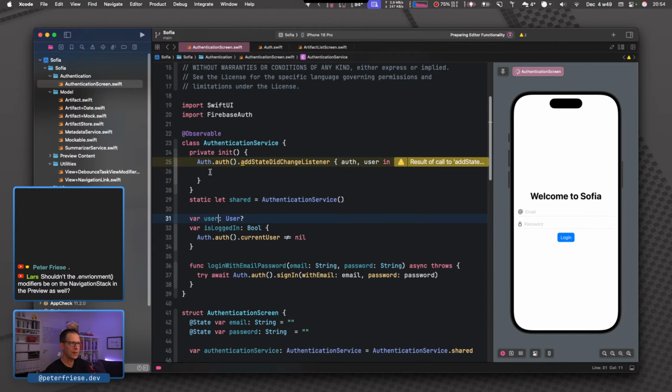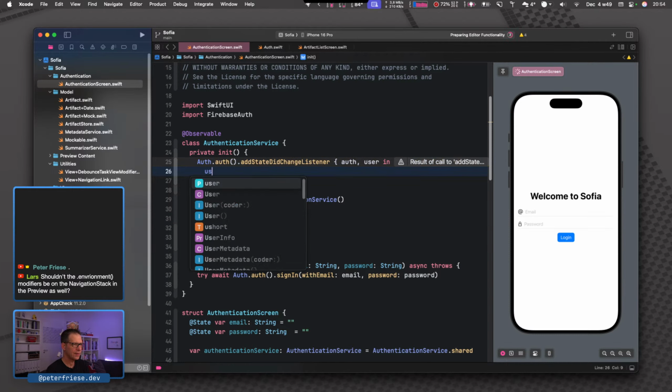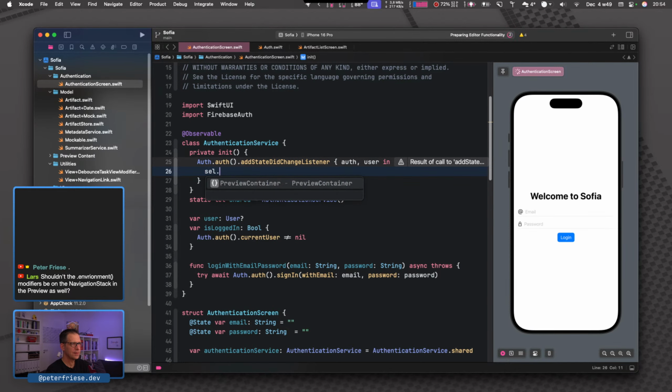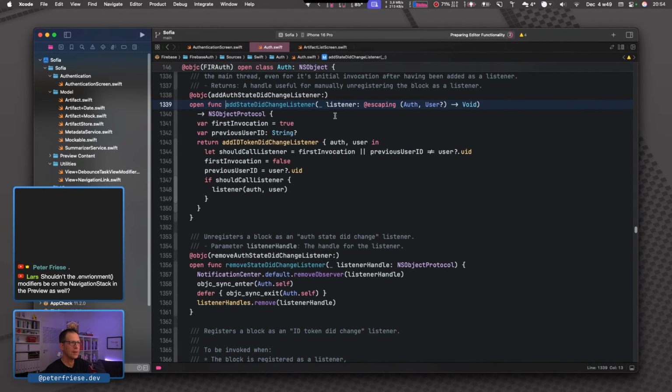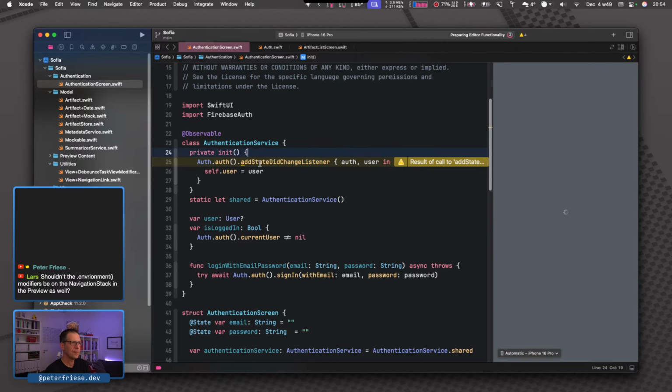Okay, and we're going to assign this self.user equals user. Result of call is unused. Yeah, so I think we can just drop this for now. And then instead of doing this, we'll do user is not nil.